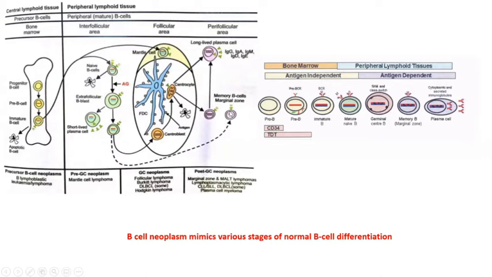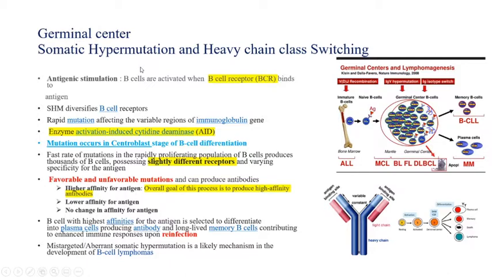So what is the clinical significance of this germinal center? In the germinal center, a phenomenon known as somatic hypermutation occurs. You should know what somatic hypermutation and heavy chain switching are. In the germinal center, this is a naive B cell and it has a B cell receptor. The B cell receptor recognizes the antigen, but there are different kinds of antigens. So the B cell receptor should modify itself to recognize the different antigens. But how does it happen? A process called somatic hypermutation will change it every time a new antigen comes.